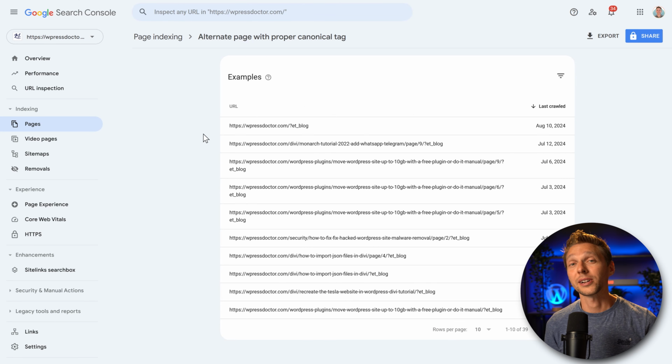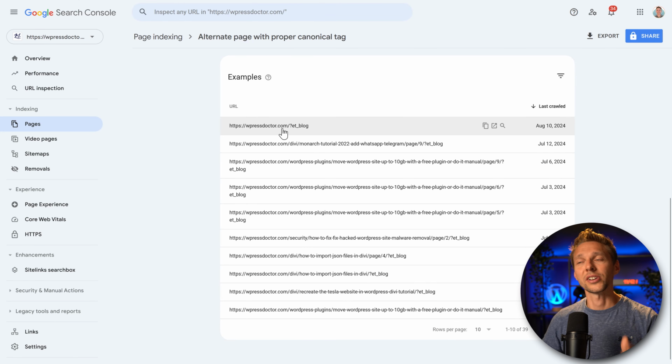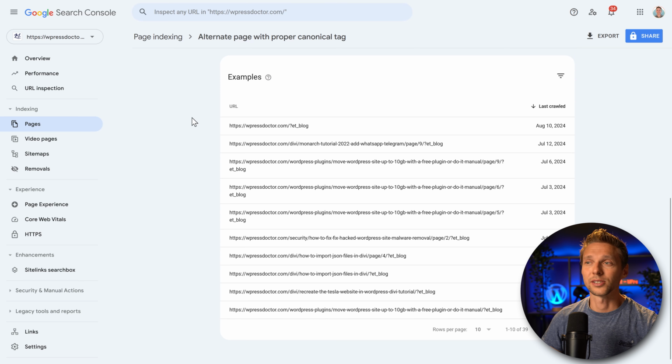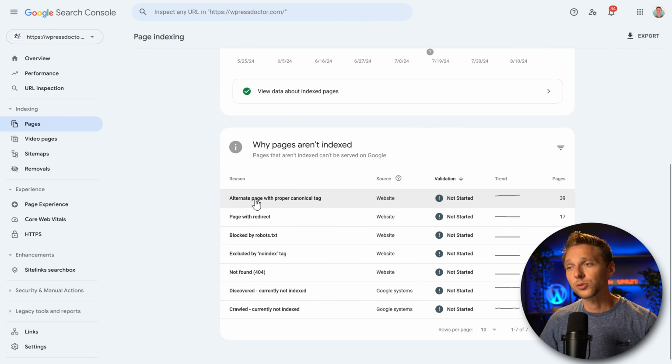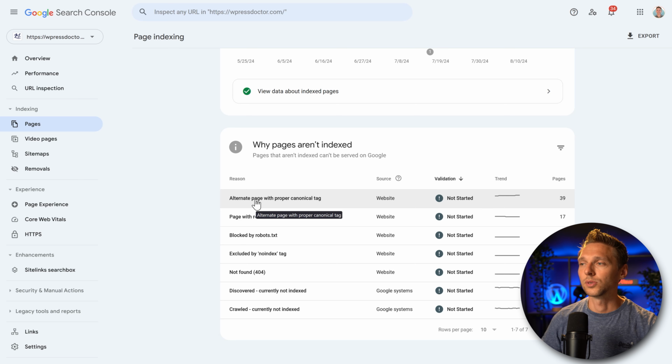So my SEO plugin, Rank Math in this case, has put a canonical tag on it, which means this page is actually a duplicate of the original page. Now that is very important that RankMath does that, or else I will have duplicate content, the same pages, and Google doesn't like that. So we go back to page indexing. Well, we have this one and we can see why, because WordPress created all kinds of different pages which are actually the same, so that's great.